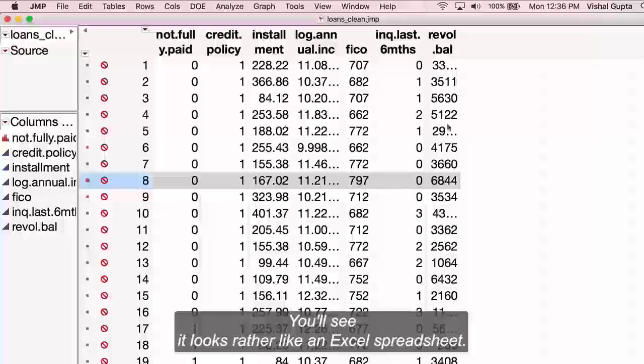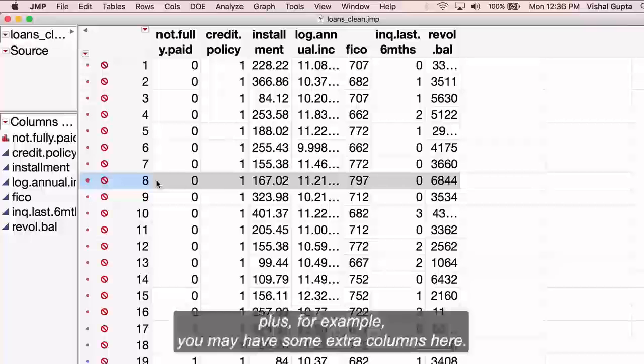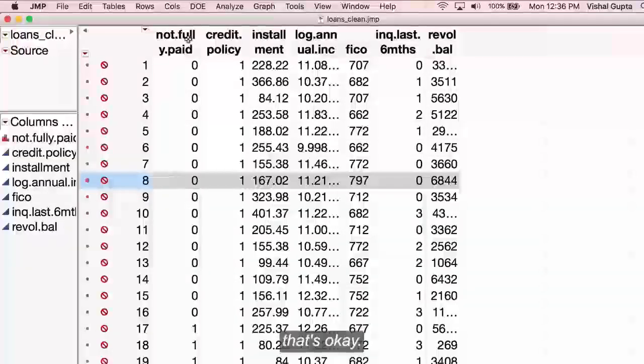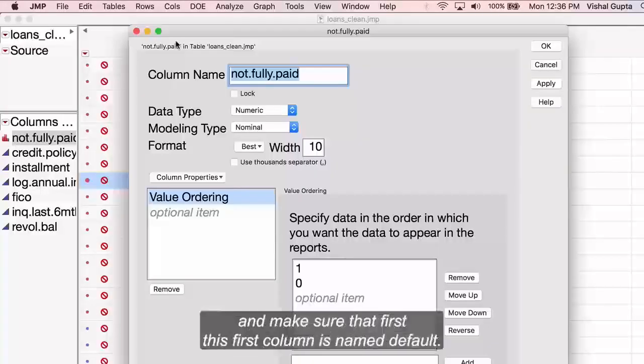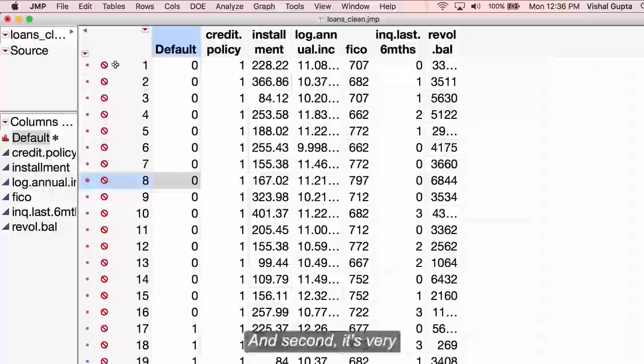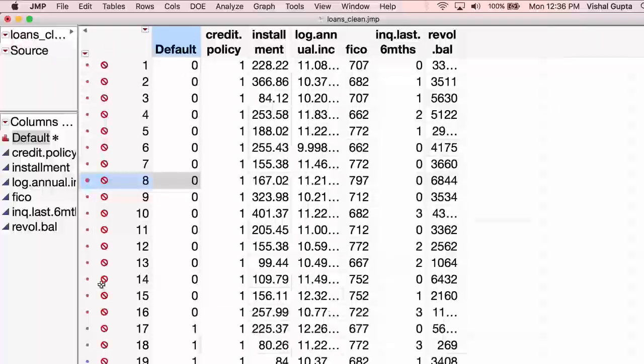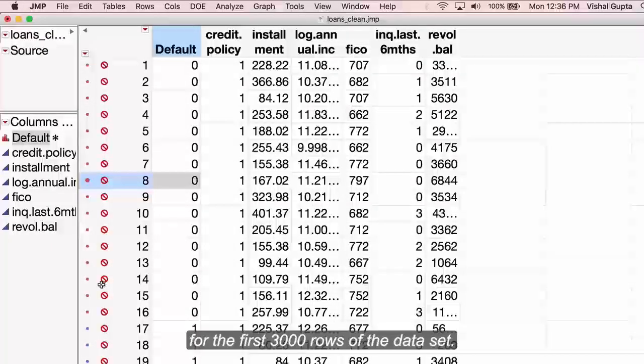You'll see it looks rather like an Excel spreadsheet. If you had used this JMP file to do the logistic regression portion of class, for example, you may have some extra columns here. That's okay. I'm just going to go through and make sure that this first column is named default. And second, it's very important that I have these no smoking signs along the way for the first 3,000-ish rows